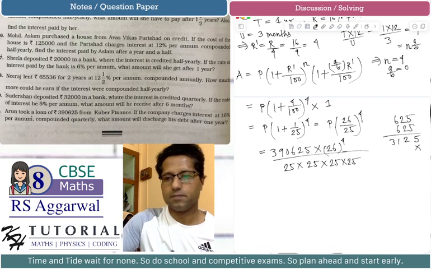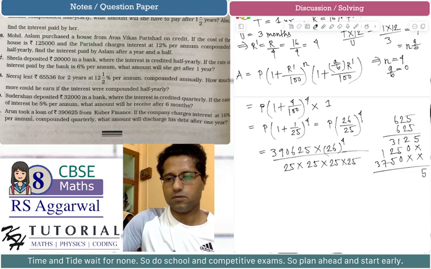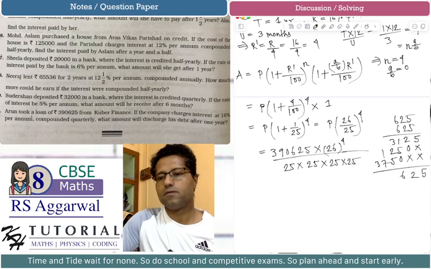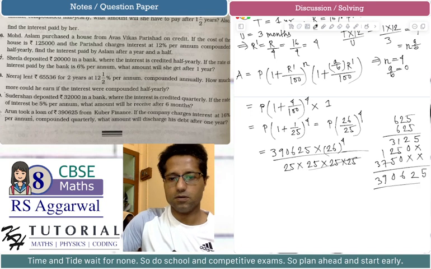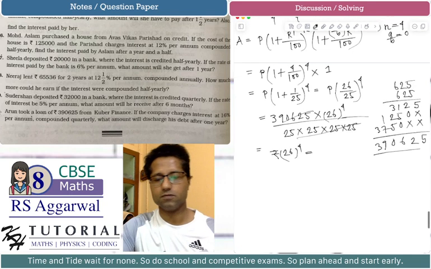So this whole cancels this. So this is equal to rupees 26 to the power 4, which is equal to, so we have to find